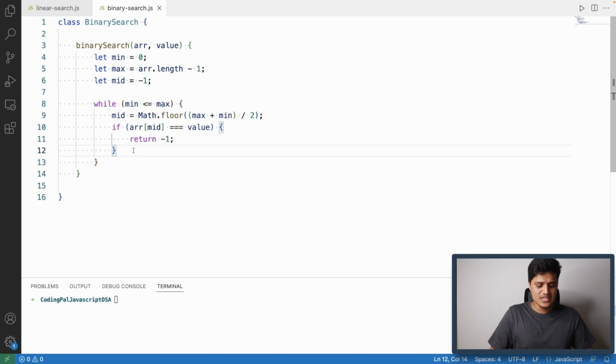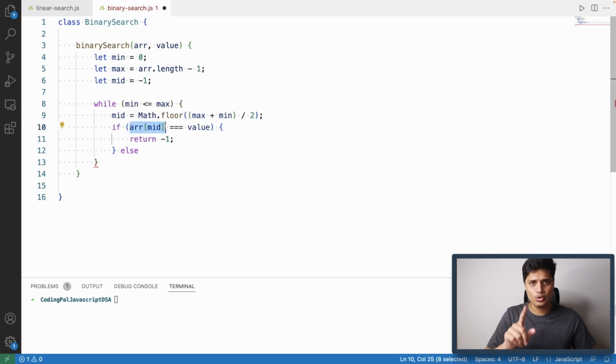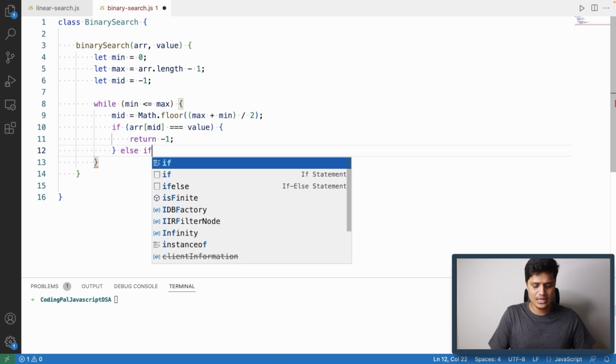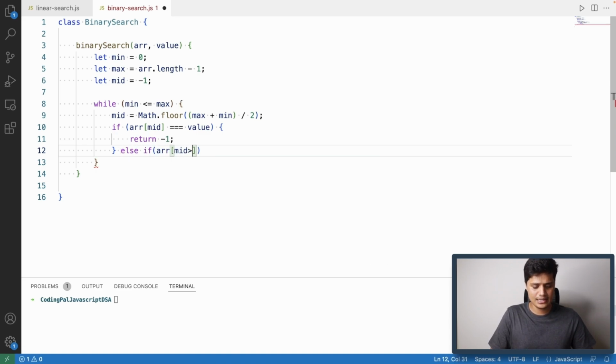If this is not the case, there could be two scenarios. Since the array is sorted in ascending order, the value we have in the mid could be larger than the value the user has passed, or the value at the middle index could be smaller than the value the user has passed. If the value at the middle, arr[mid], is greater than the value the user has passed, that means